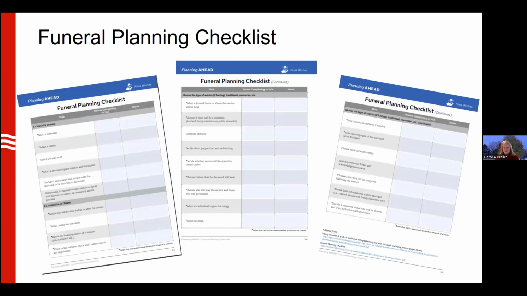And really the piece of note with this is that there are little asterisks or stars by quite a few of those pieces that you can do ahead of time. So some of these things don't have to be done towards the end, maybe in hospice, because by that point, sometimes you're not necessarily thinking about your wishes, or someone's maybe not able to do that as well. So where those stars are, really think about what you can put down now to help your family plan